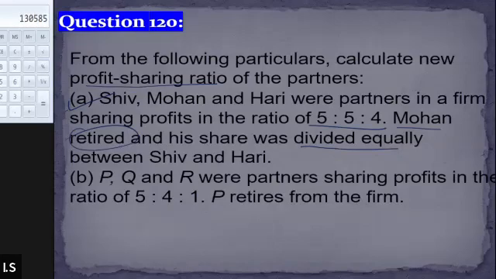So 5:4:1 was the old ratio. So that means the new ratio will be 4:1, and he is retiring. That means the new profit sharing will be